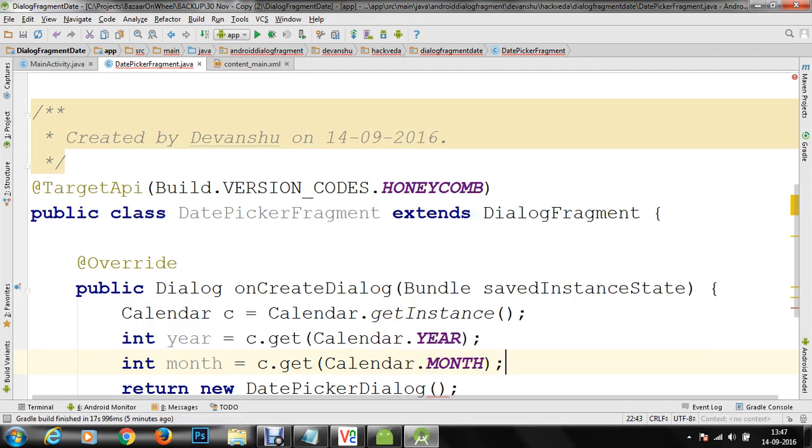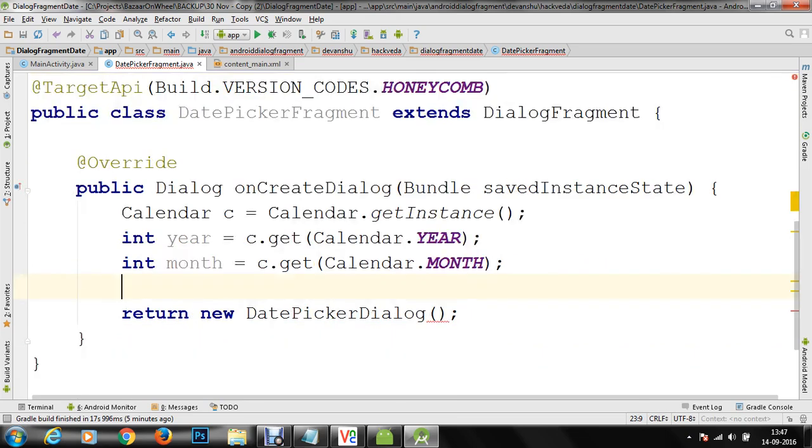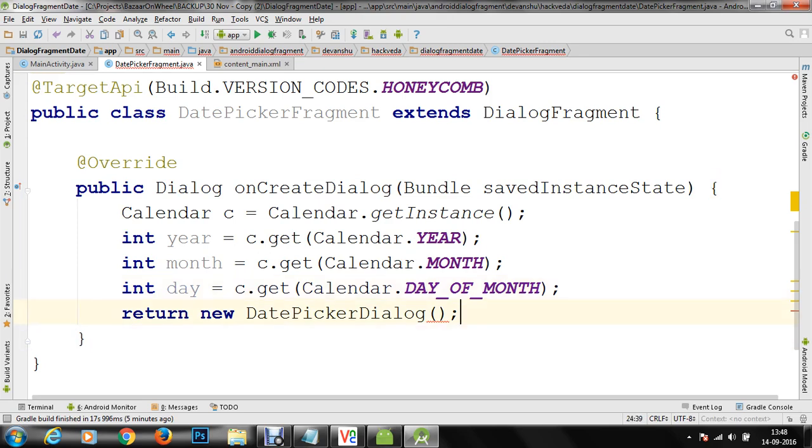Once you have got the year and month, now the next parameter required is the day. So we'll go to c.get, and we are going to get the day of month from the Calendar class. DAY_OF_MONTH is an integer constant defined within your Calendar class. So we have received these three parameters, and now we can initialize the new instance of DatePickerDialog.